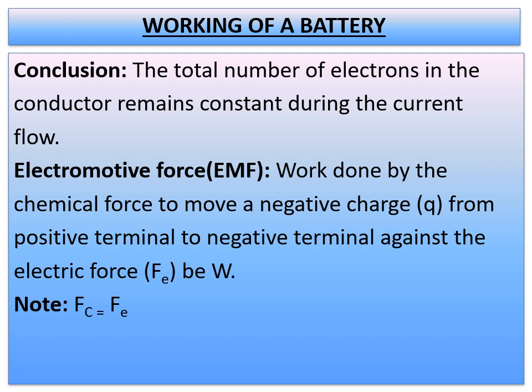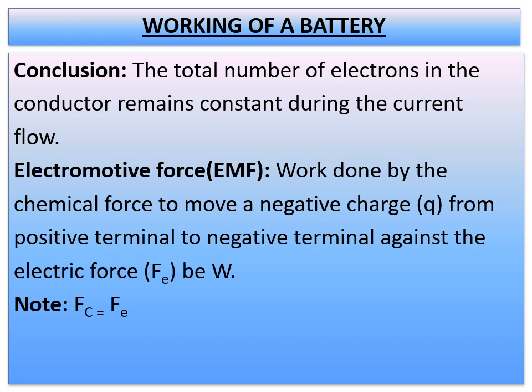At the same time, what is happening? The negative ions of equal amount of charge move from the positive terminal to the negative terminal against the electric force Fe because of the chemical force acting on them within the battery. Okay, you have to remember, I already told these points when I explained the last part in short. That was from other reference material; this is from your textbook. So some chemical energy is spent to move ions in the battery. That means the amount of work done by the chemical force.